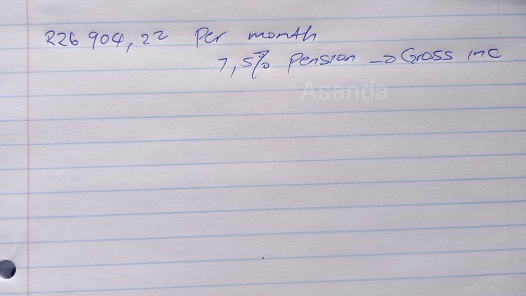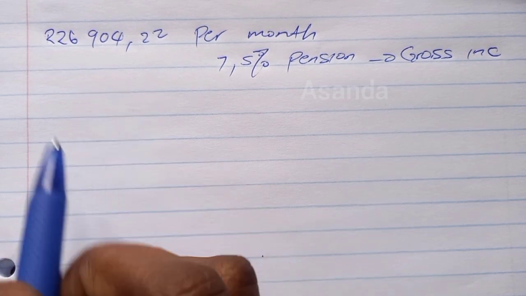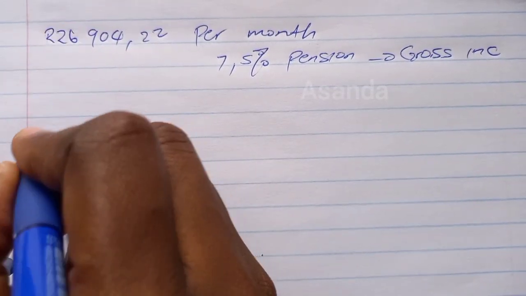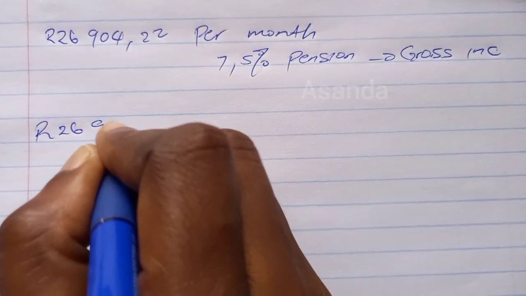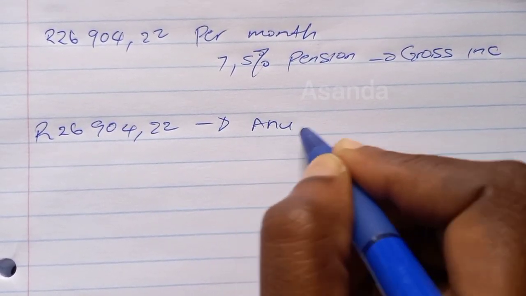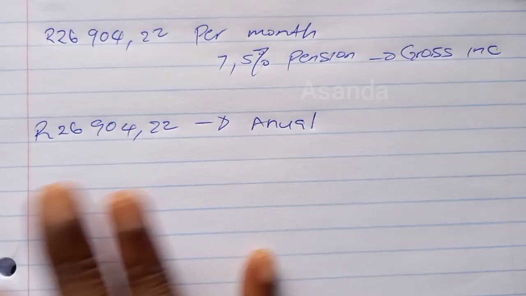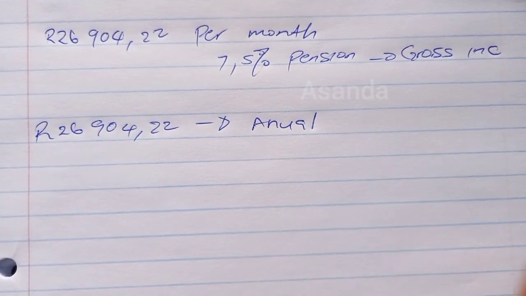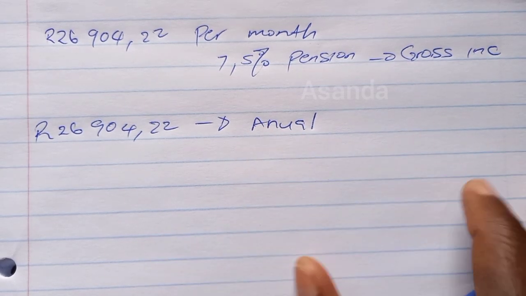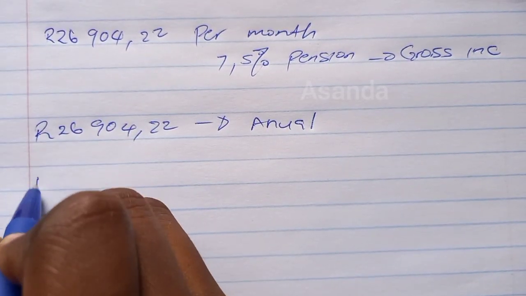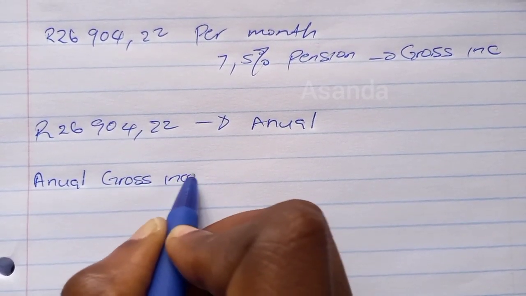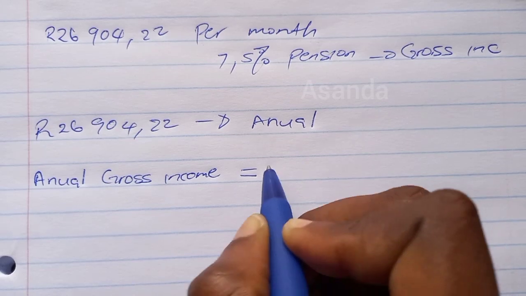The first thing I'm going to do before I calculate pension is change per month to annual. So I'm changing 26,904 rand and 22 cents from monthly to annual. And how do I do that? Remember, a year has 12 months. So if I want to take 1 month and turn it into 12 months, I have to multiply it by 12. So annual gross income is equal to